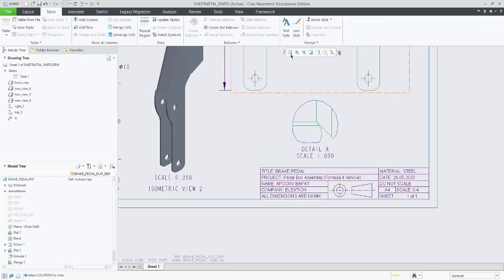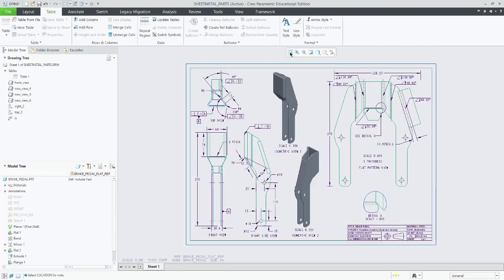So now if I go to refit the entire thing to screen, this is how the entire drawing sheet will look like. Now all you have to do is save the file. If you want a PDF format, you can also use file save as and use the PDF format as shown in the earlier session. So here we are done with session 44.